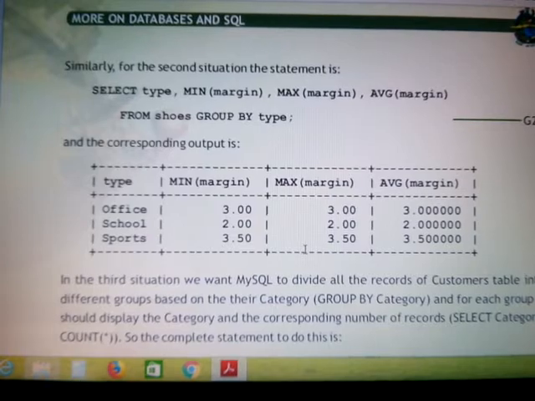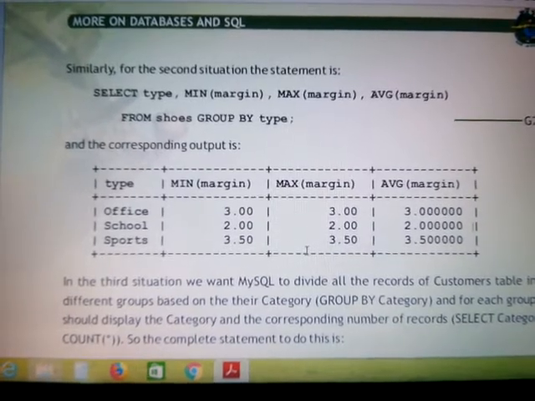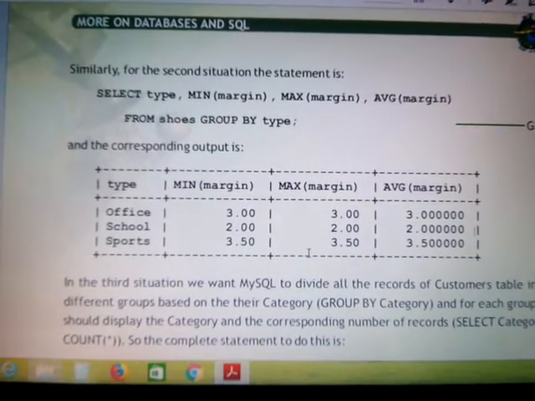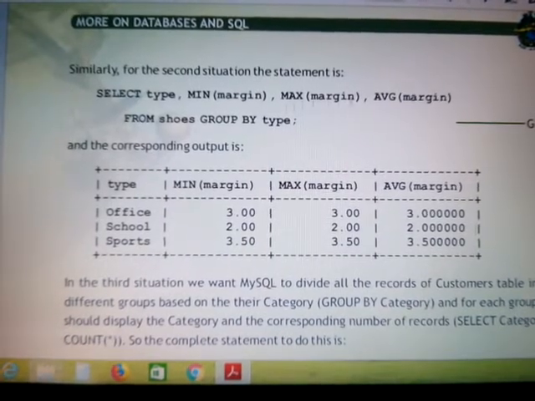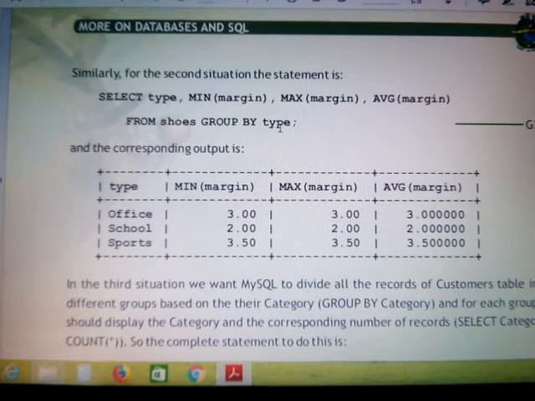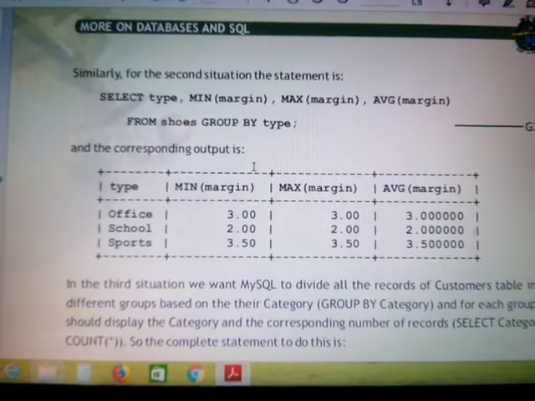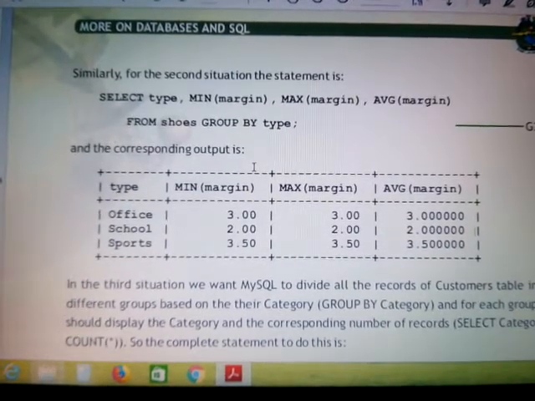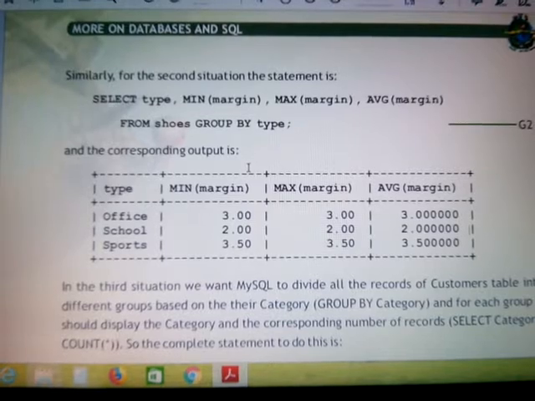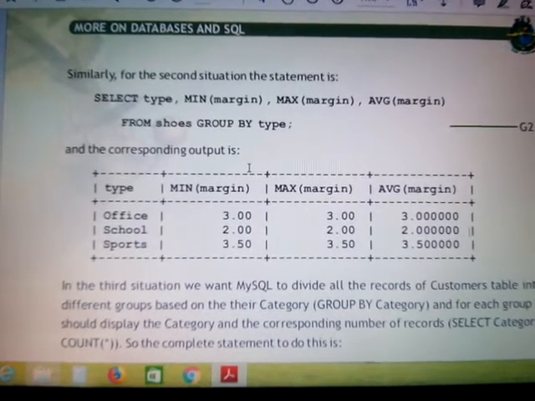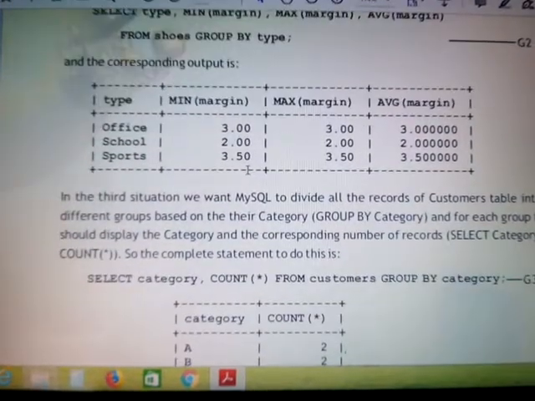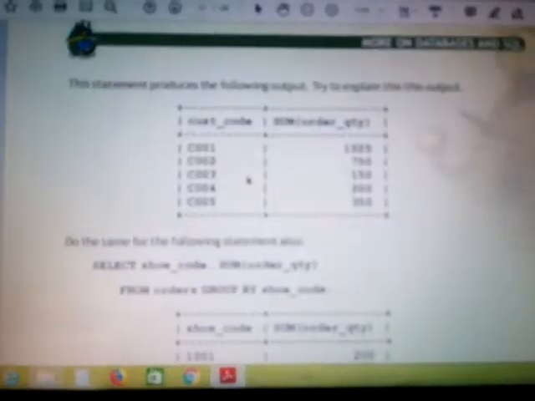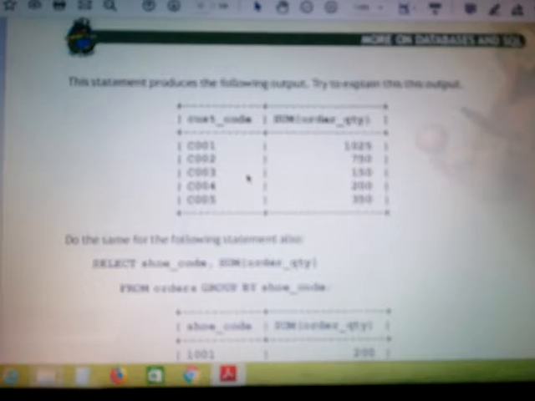Okay, and I have told you that group by clause is basically used in conjunction with aggregate functions. So see, even here we made use of a certain aggregate function, and then we have done grouping. It is not necessarily important that aggregate functions will be used. Sometimes if we have to remove duplicate values, obviously for removing duplicate values we'll make use of the distinct keyword. But basically this is used with aggregate functions only. Some more examples are given here. You can just have a look at this.